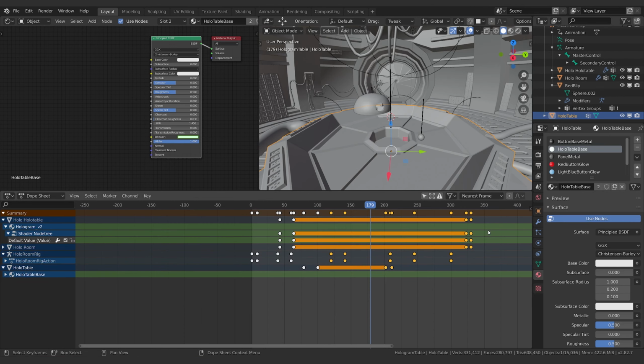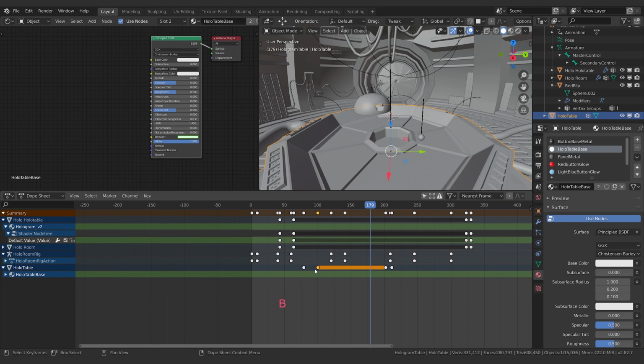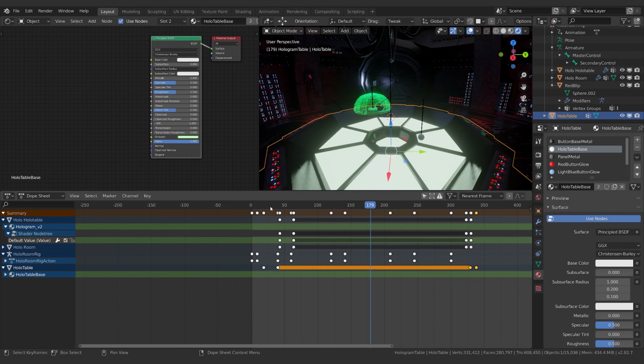So you can see these are the keyframes we want, and this holo table base shader is this stuff right here. So I'm going to grab these two keyframes, and I'm just going to line them up a little bit before this goes. Actually, I'll do it all the way before. So it's like the light comes on and then the hologram comes on. And I'll just grab these and bring them over here so they turn off corresponding with that. Great. All right. Now if I switch back over to my rendered mode,